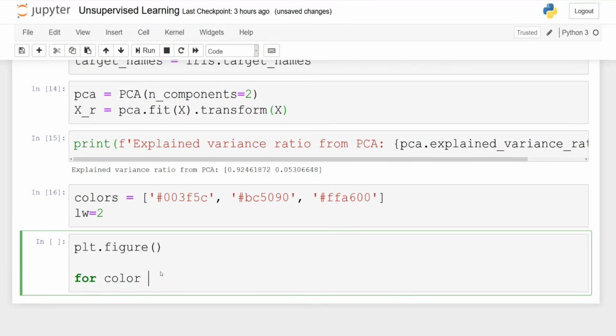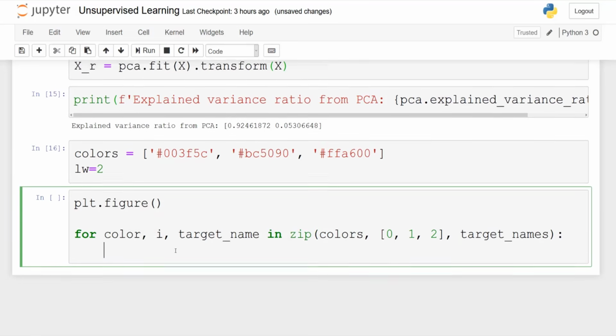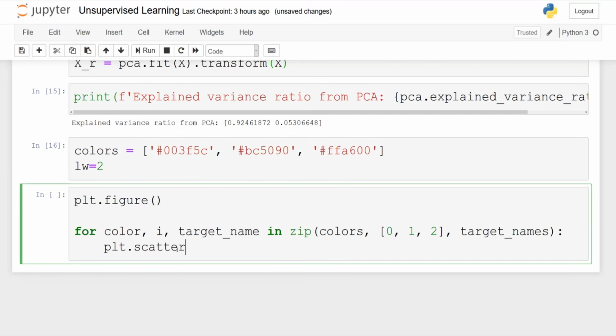Then plt.figure, and then for color, target_name in zip, and we pass in colors. We will pass in 0, 1, and 2, and we pass in the target names. So 0, 1, and 2 here are simply the classes, right?